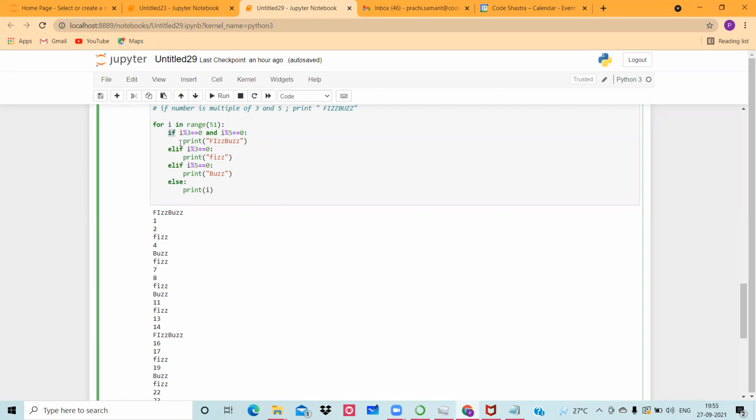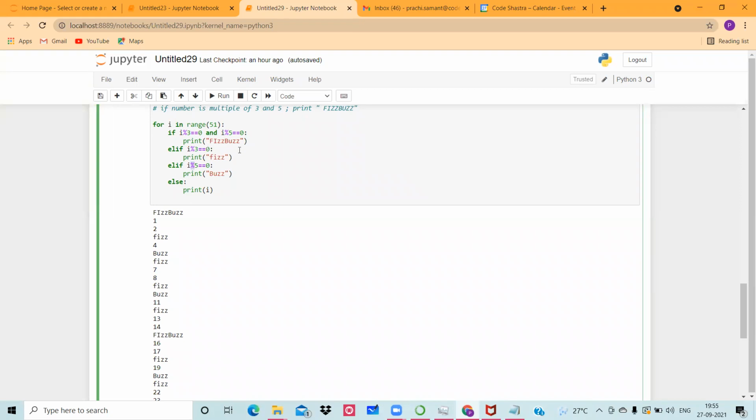Once it traps 15 in this first condition, it's not going to check it with the second or third condition in your code. It will simply come out by writing FizzBuzz, the value will increment to 16, and the routine will continue.